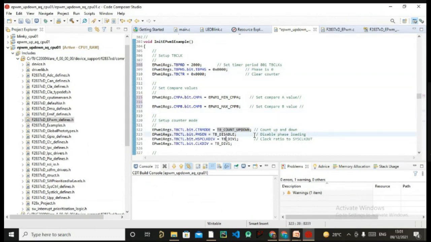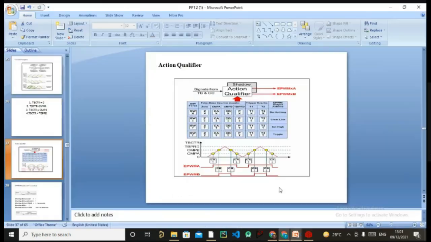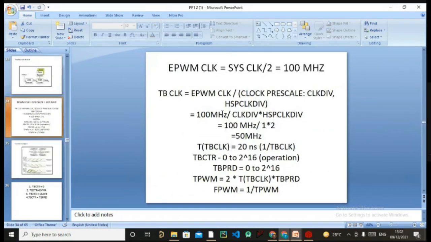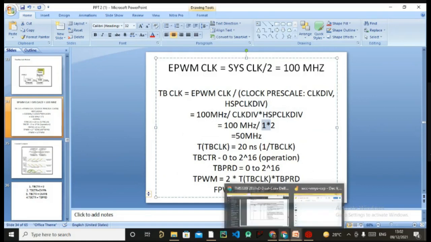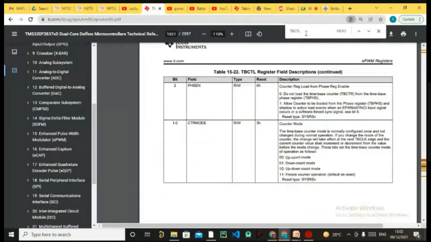Another thing I want to tell you is the time based control register bits, that is clock division and Hsp clock division. As I told you, there are two clock dividers, and we saw from the presentation that your EPWM clock is divided by clock division and Hsp clock division. I have multiplied here by 1 cross 2. Why I did that is because, if you go to